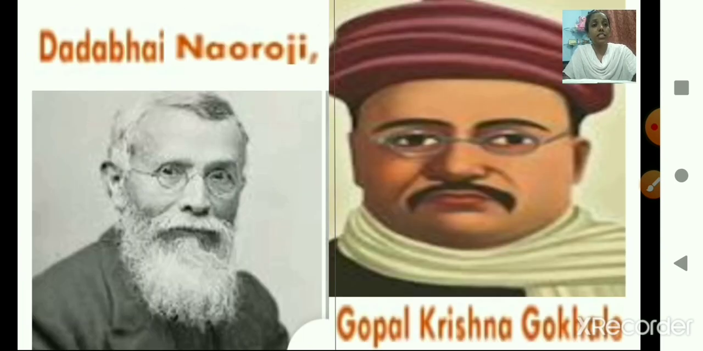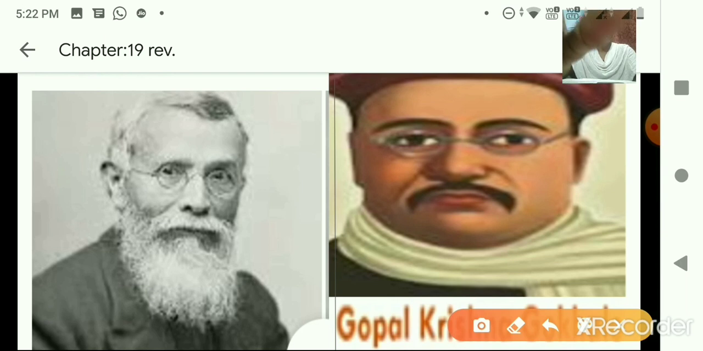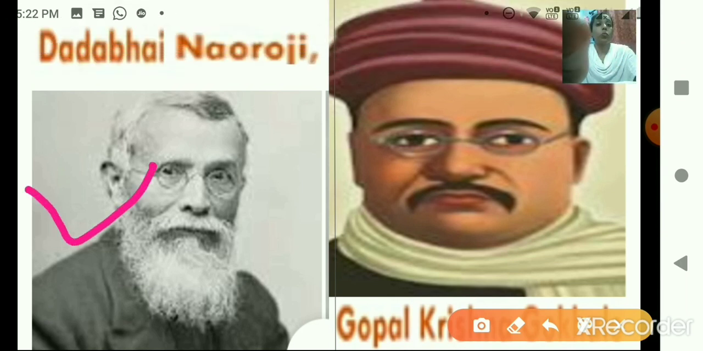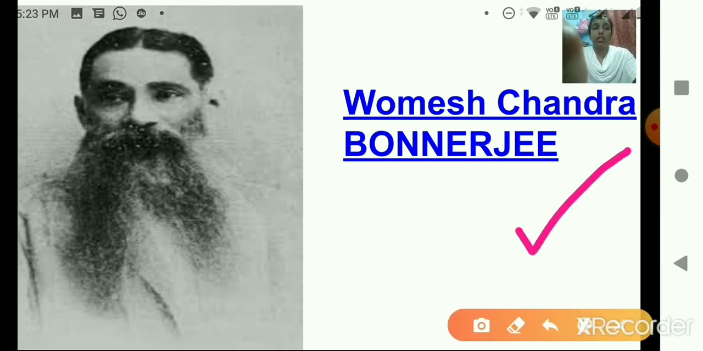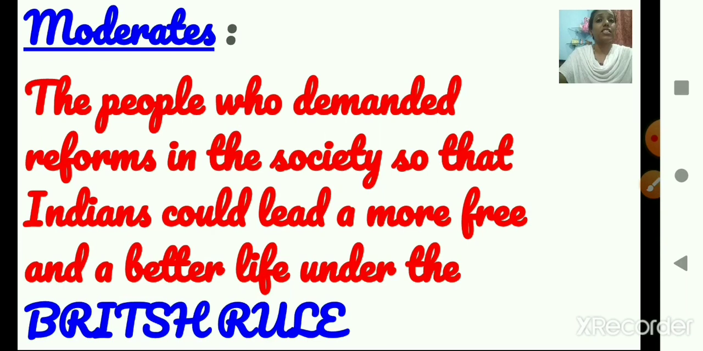So who were those leaders? They were Dadabhai Navroji, then Gopal Krishna Gokhale, Surendranath Banerjee. These leaders were called moderates. However, several other leaders were not in favor of these soft approaches. Okay, they felt that they would gain nothing by following these moderates. They preferred a stronger and more active opposition to the British, and those were called